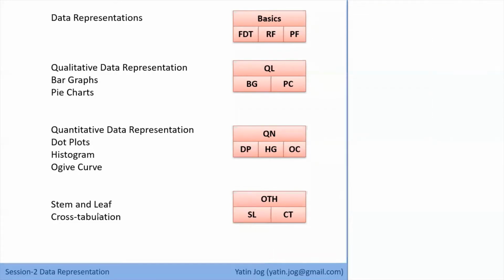And then we are going to look at the stem and leaf representation, which is one of the representation techniques which can be used for ungrouped data. We are also going to see the cross tabulation as well as scatter diagram. Cross tabulation and scatter diagram come into the picture when we are dealing with two variables, and all other representation types deal with only one variable. So we are going to look at one variable and two variable data representations in graphical type. We'll start with the basic representations.